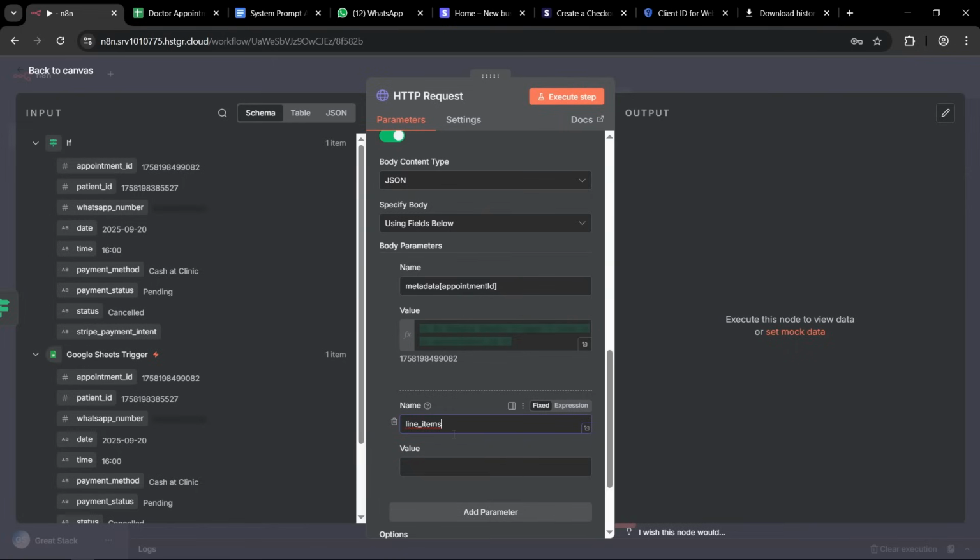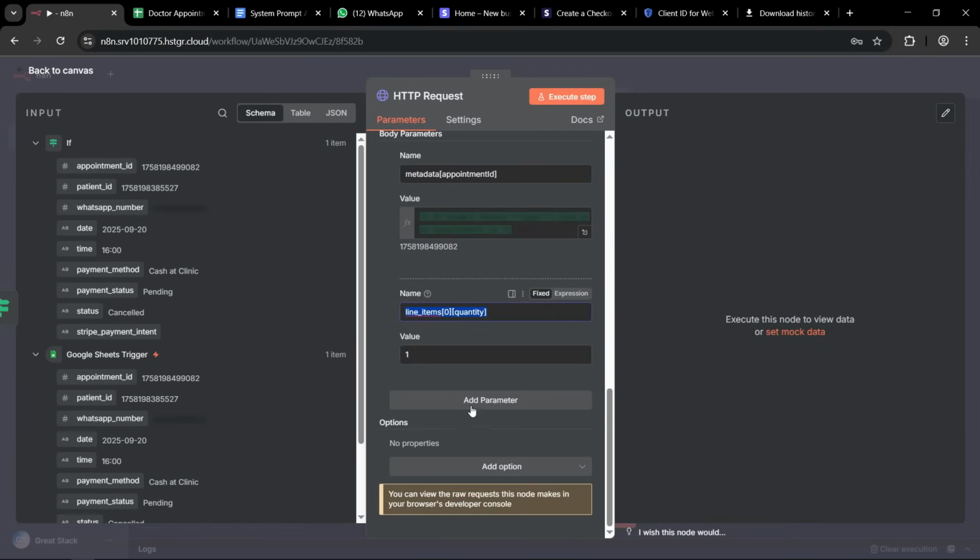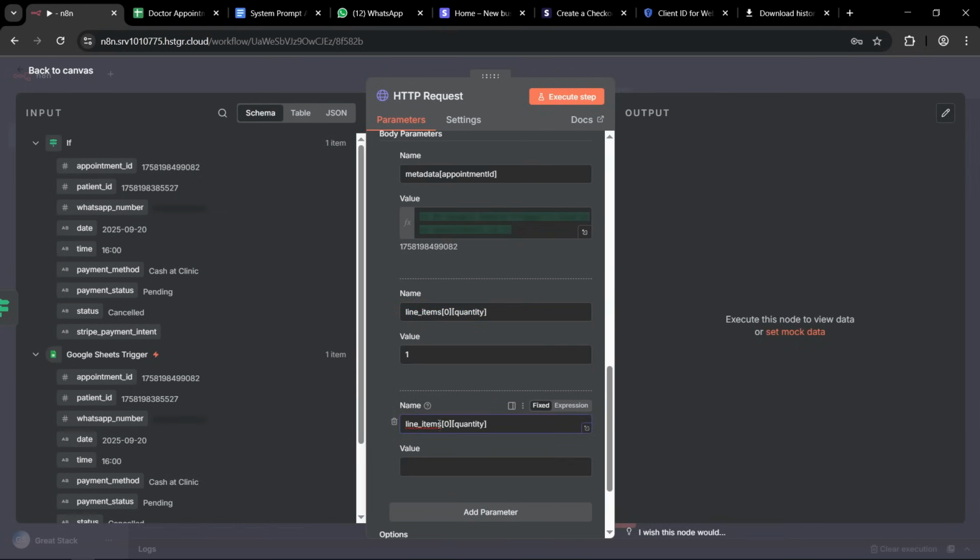to add the object. So we will select index 0, and in that one we have to add the quantity property, right? So again add a square bracket, and in this one let's add the quantity. So the quantity will be 1. So in this value we will provide 1. Again we have to provide new parameter. So click on this add parameter, provide this line items index 0, and here we have to add the price data. So let's add the price data, and within this price data let's add